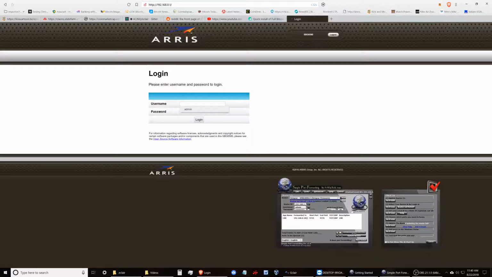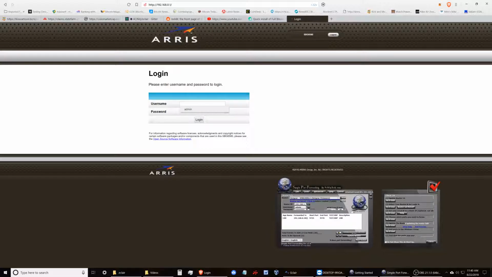Meaning if you have 5 different computers hooked up to one router, each of those computers is going to have an IP address on the router, so the router knows the location of that computer. Those addresses are dynamic, so if that router gets reset, it may change the IP address of each of those